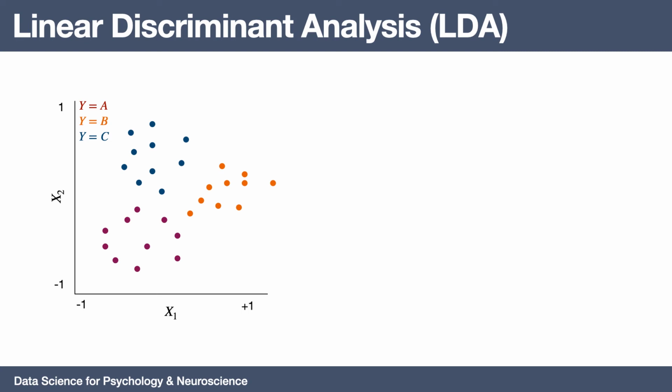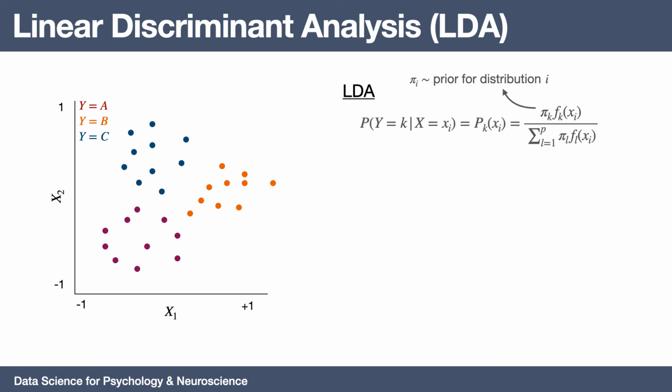Let's say that I have two variables, x1 and x2, and I know that y has 3 levels, a, b, c. A is in red, b is in orange, and c is in blue. LDA tries to infer whether or not you're looking at a particular distribution, your y, given a particular set of x's, as a probability estimate of that distribution k, which we model as pi k, where pi is the prior probability for distribution k, times some distributional function of your data itself, f of k xi,